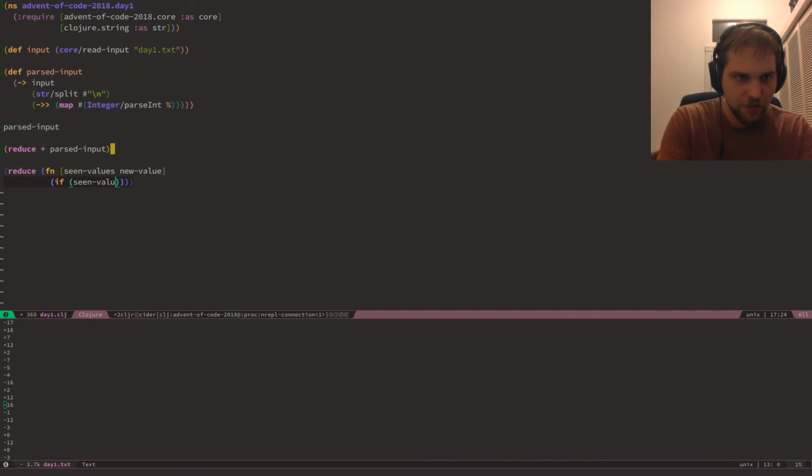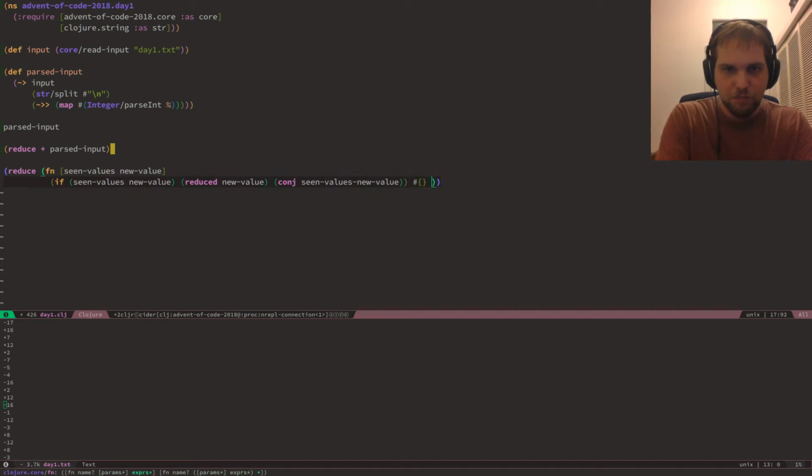If seen values, new value, we'll reduce new value, aka we'll just cut short, we'll say this value's been seen, we're done. Otherwise, we're going to continue with a conj seen values, new value. So if we've seen the value before, we'll return it, otherwise we'll add it to our current set. Give it a blank set to start with, and hand it our parsed input.